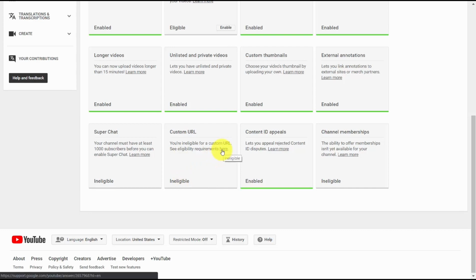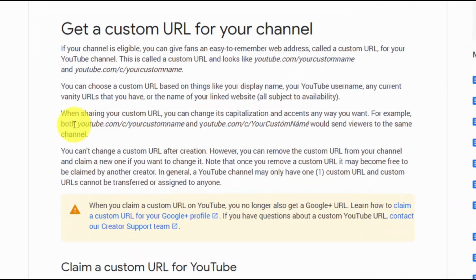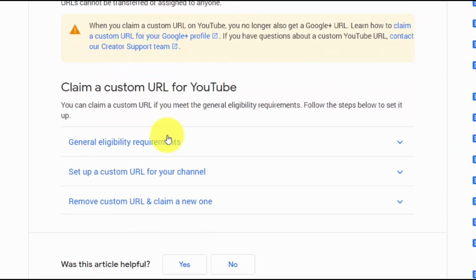So we're going to click this link where it says here. And what you're going to notice is that this is going to give you the ability to give a name to your YouTube URL instead of the long ugly one that we were working with earlier. So what we're going to do is we're going to scroll down and then we're going to click General Eligibility